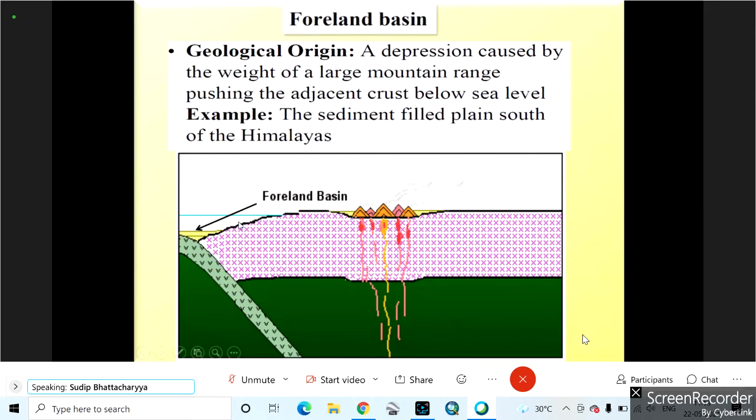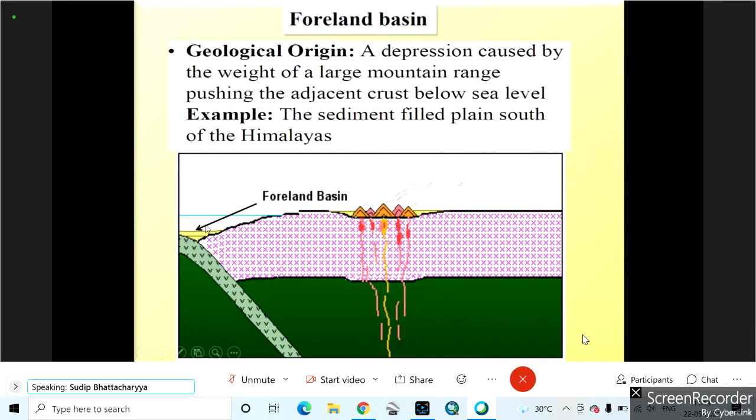You see that there is overthickened crust over here. Here is the subduction zone. It is this Himalayan terrain maybe, and just foreland south of that we are getting some plain land. That is in the south. It is filled up with these sediments. So here the sediments are coming from the continental part and also from the volcanogenic part. So a mixed sediment should be there, and this is very important because here also we are getting